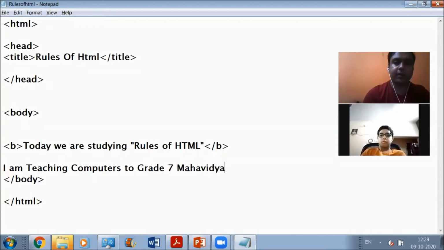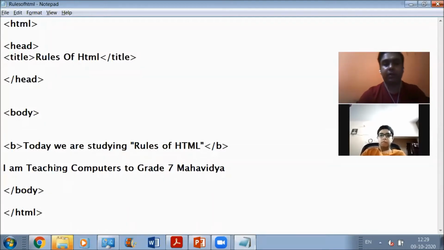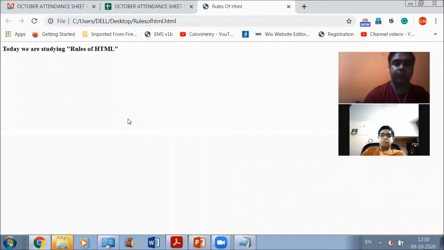Okay, suppose I write this line and I want this to get reflected in regular font, so I won't be enclosing it inside this container tag, right? Now let's see what output we are going to get. So this is the output that we are going to get on the web page.